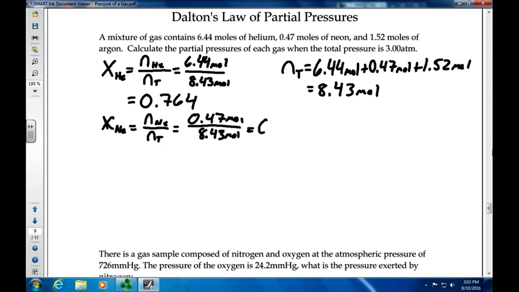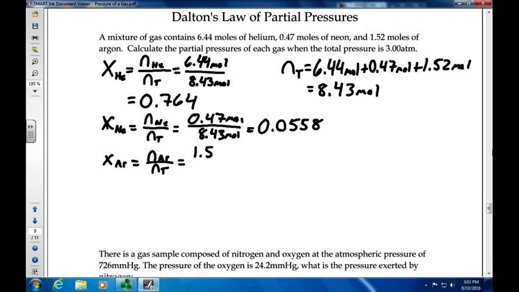And our mole fraction turns out to be 0.0558. Then our X sub Ar for argon is N sub Ar over N sub T, which is equal to